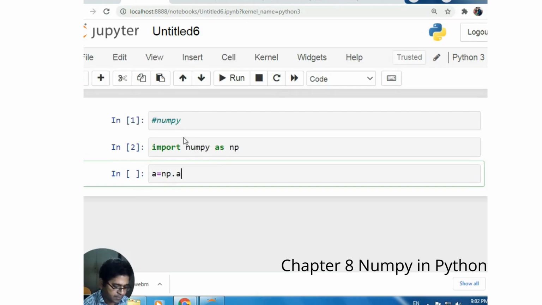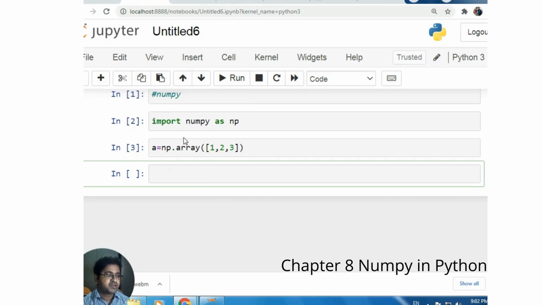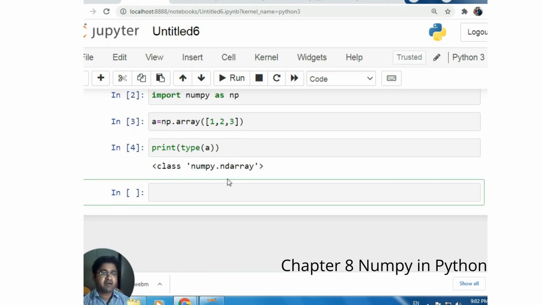This is going to comply with the entire section, and in later commands we will use np as numpy. It will take time initially because it is going to inherit all the dictionaries, all the libraries, all the methods into our portal. So suppose we define a variable a is equal to np dot array. As we have seen in C++ and Java, arrays play a very important role inside programming languages. In the same way, we are going to define numbers in an array in Python.